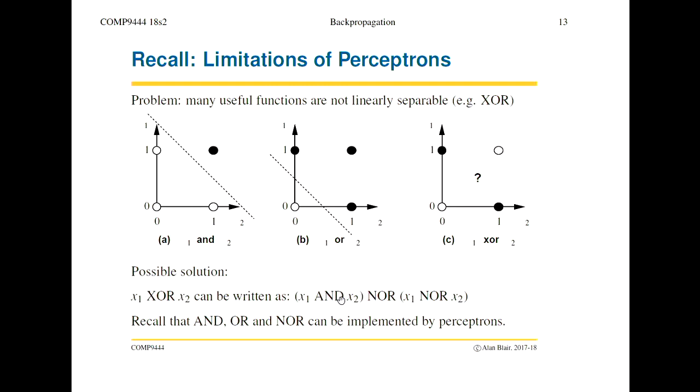So you can kind of imagine this on this diagram. So this is the AND function we looked at last week. This is the OR function. And then if I made this black and those things white, this would be NOR. Right. So then we were discussing functions that are not linearly separable. If a straight line exists that separates the white points from the black points, then I can create a perceptron. But this XOR function is kind of the simplest case of a function that can't be separated by a straight line.